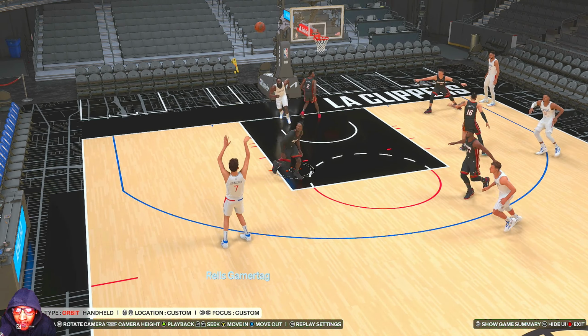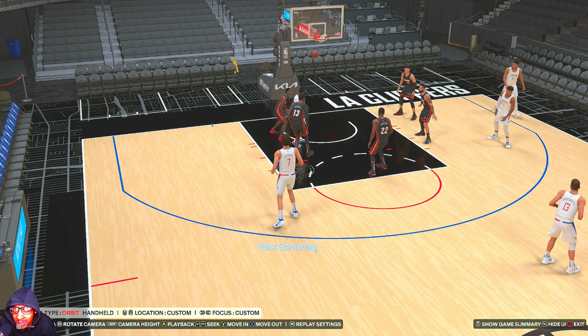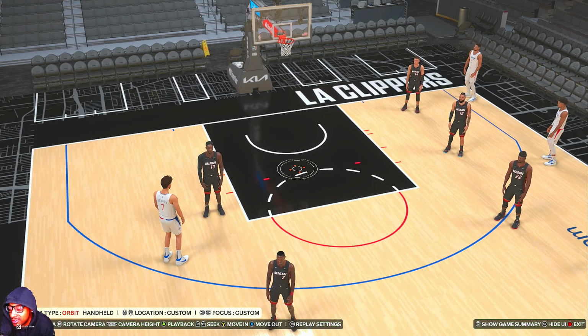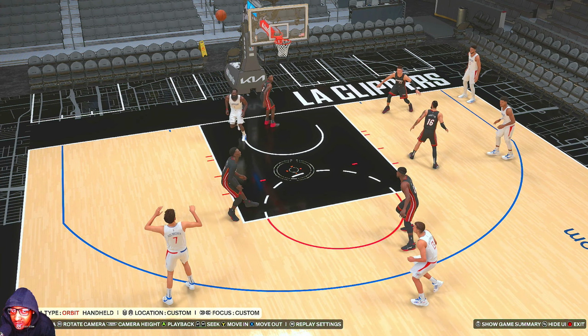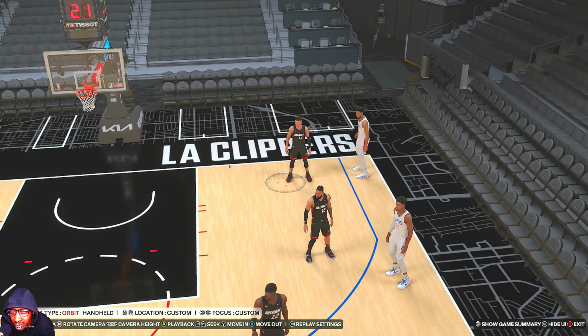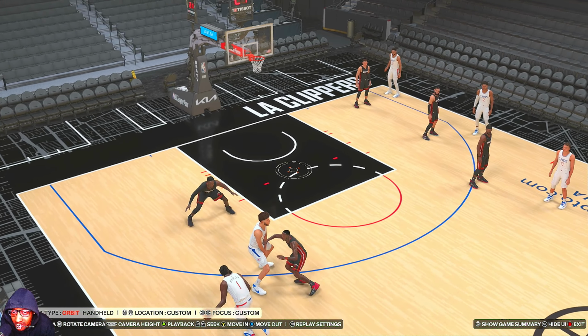I'll talk about this play a lot, actually. It feels like every video I'm giving this play out, but it's just really good, especially if you have a shooting center, and even if you have a non-shooter like Ben on the court, you can still get buckets